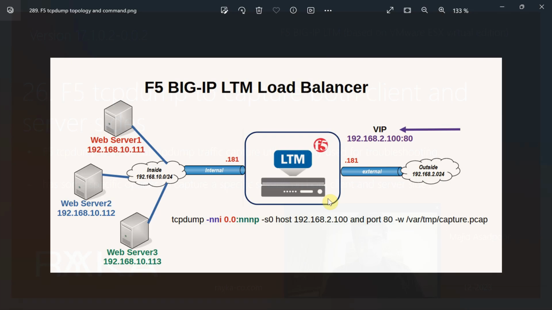F5 is on top of the CentOS Linux operating system, and therefore you can use the open source tcpdump utility to troubleshoot the connections. However, there are some specific tcpdump options for F5 devices that will be the main focus of this section. This is the topology that we have already prepared several times throughout the course. The user connects to the virtual IP